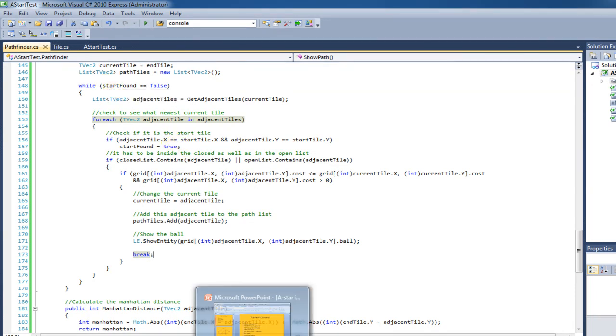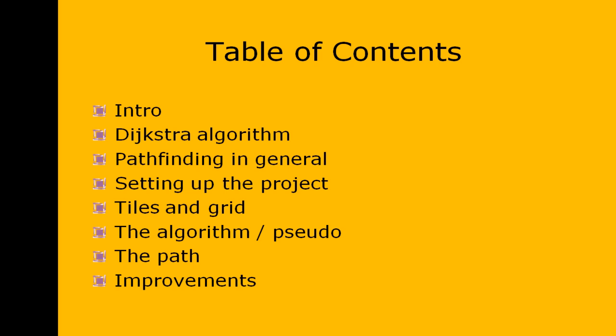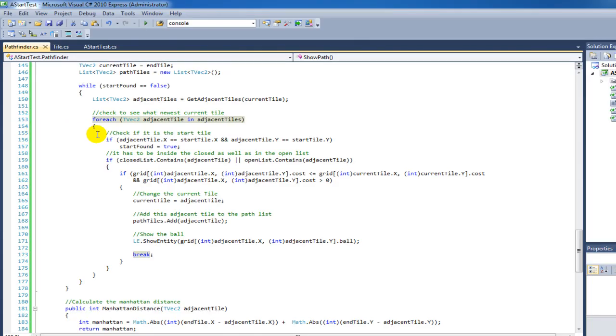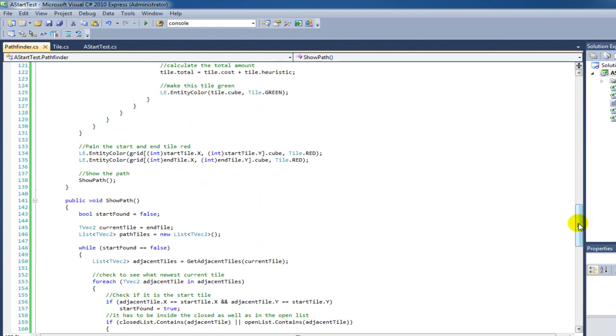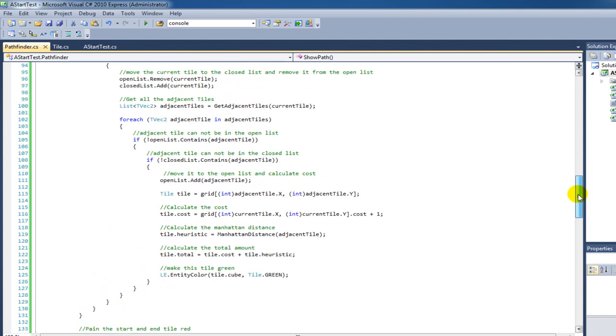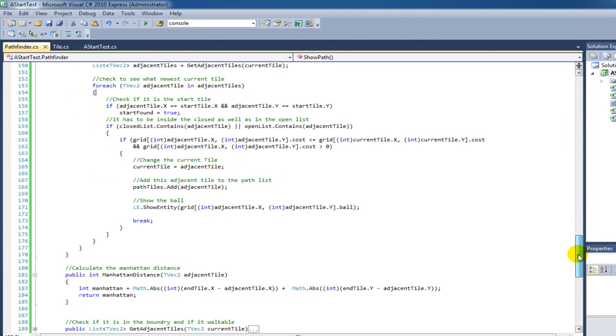And that means we're towards the end of this tutorial. Oh no, we have one thing left, and that is the improvements. I'm not going to do much coding here. I'm just going to show you some improvements that can be added. And the first one, and the most important one here, is